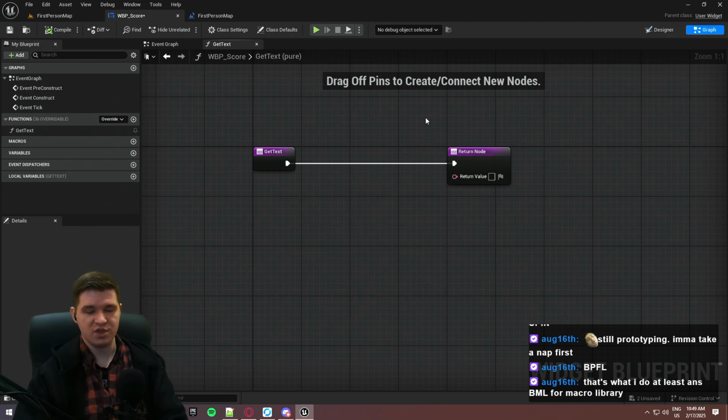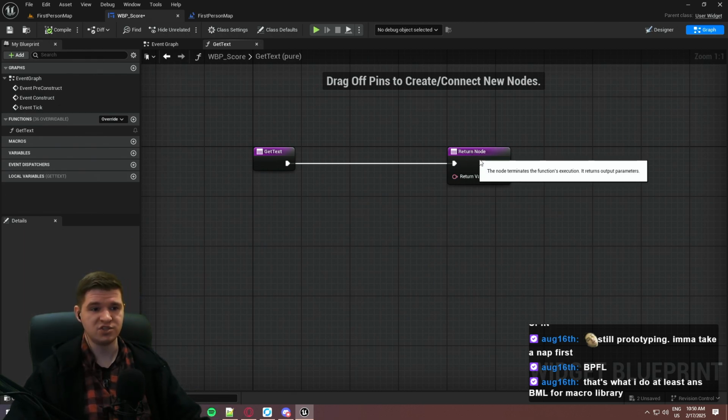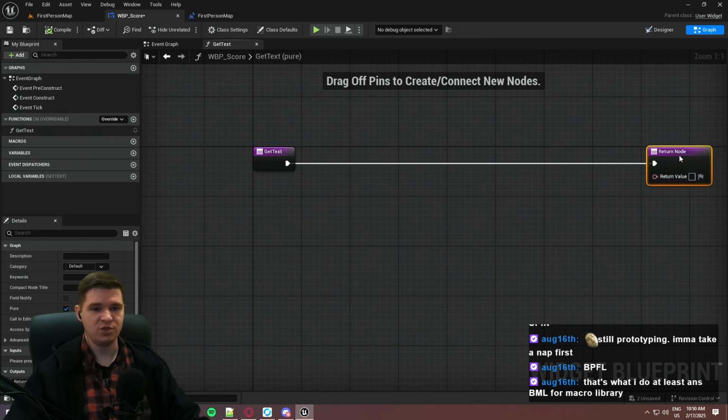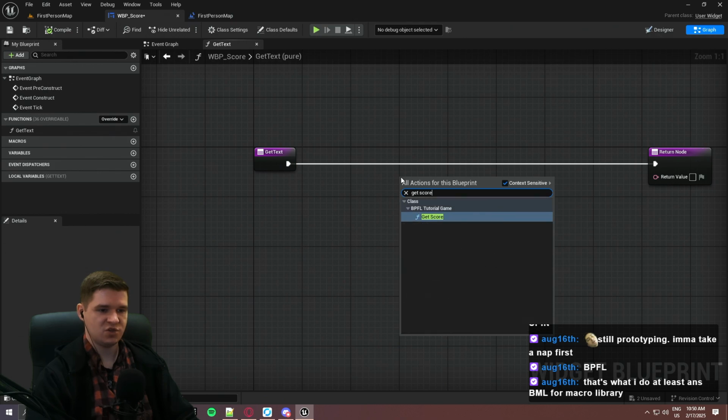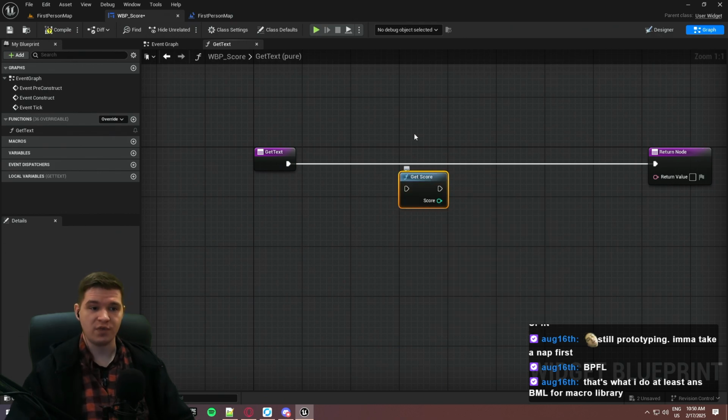I will show you this way, and then I will show you a little bit better way to do it by updating it via function. So we'll handle it both ways. The easiest way to test it for now is to use our function that we made a long time ago called getScore. We can call that here too, and we can simply hook this up